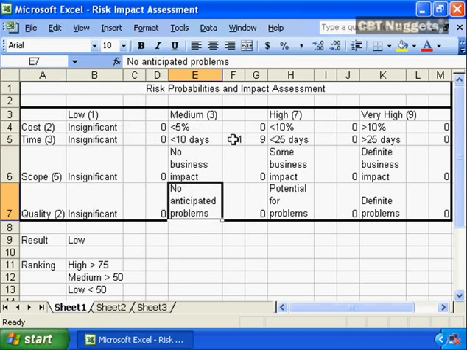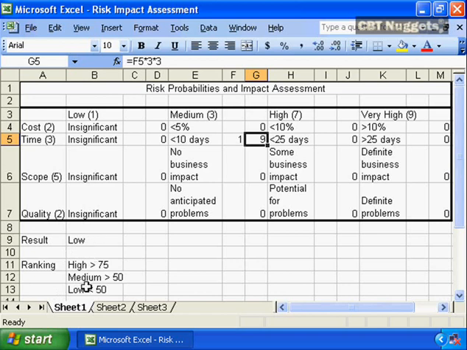And as you can see by the example that I filled in already, if you put a 1 in the column, so the time impact is less than 10 days, we put a 1 in that column, it's going to do the math and give us a value of 9 as the risk impact based on the time axis. And the 9 is simply the multiplication of the weight for medium of 3 times the weight for time, which is 3. You would complete this for each of the other 3 criteria, and you would come up with a resulting